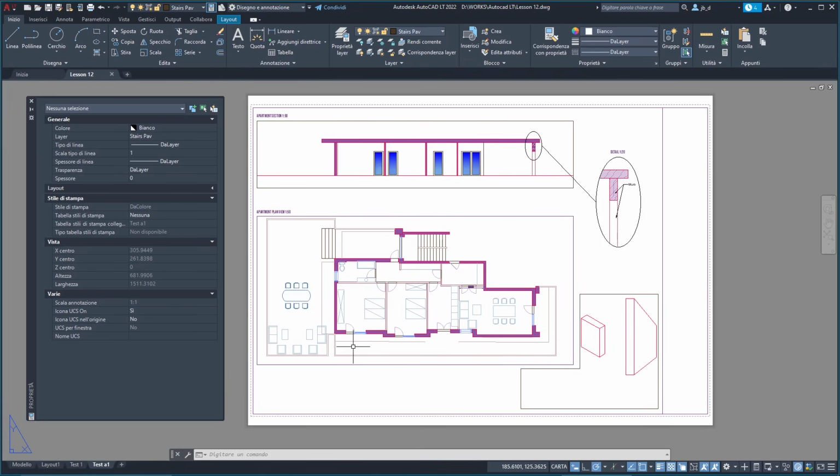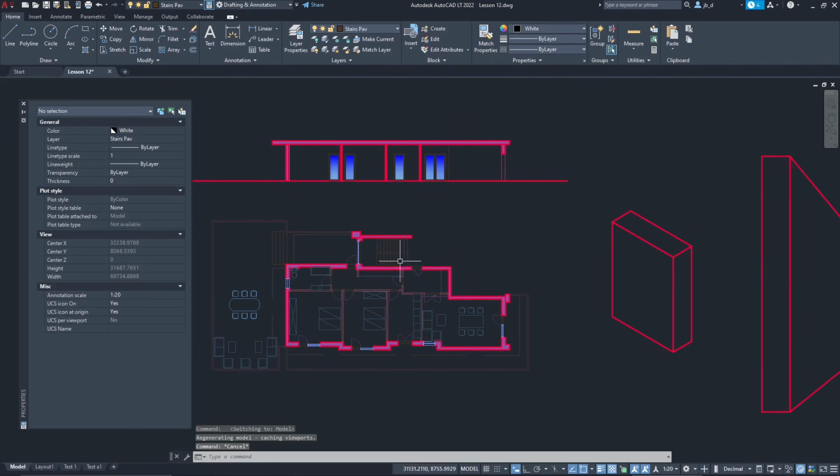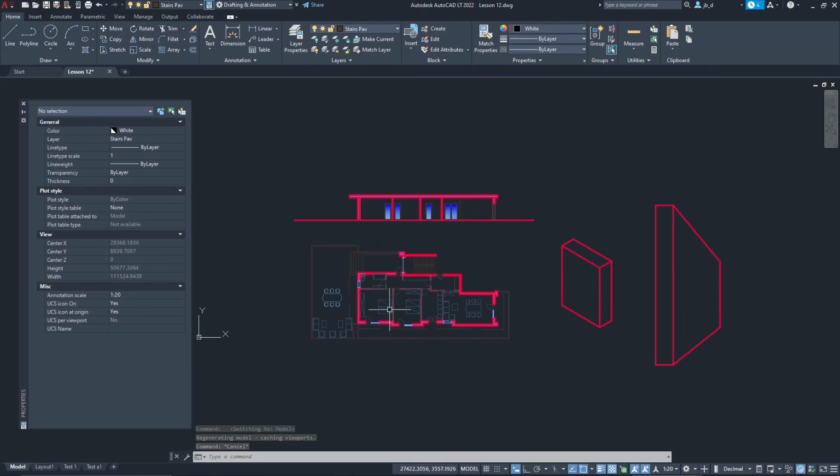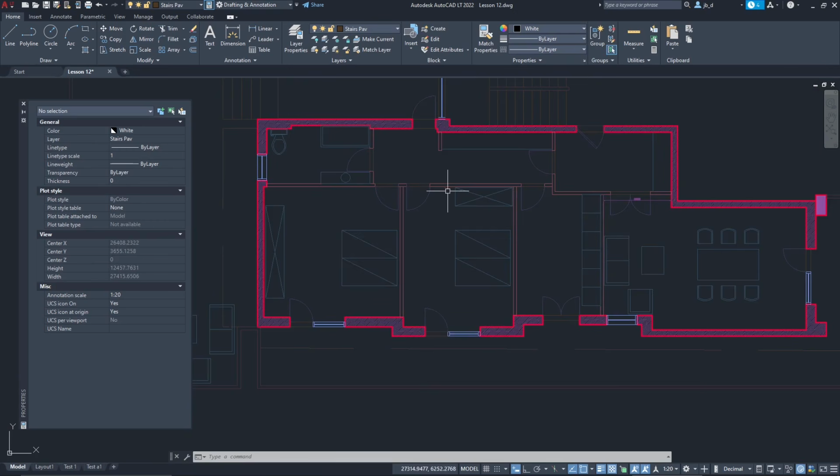Now, this is everything we usually do with the hands, so it's kind of hand drawing, but instead of using paper, we're using the AutoCAD application. So anything you can do on paper, you can do it here with the help of AutoCAD. So let's move into the model space where we're gonna start to create some extra drawings, starting from our original